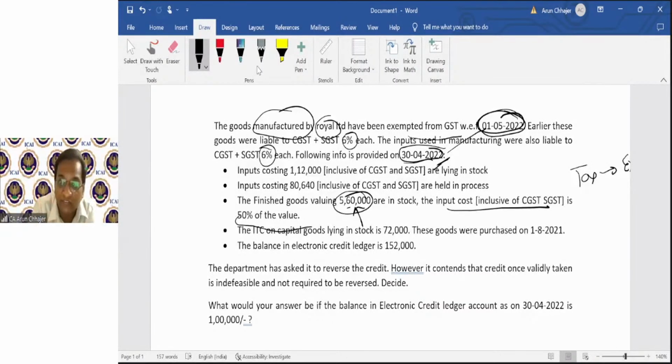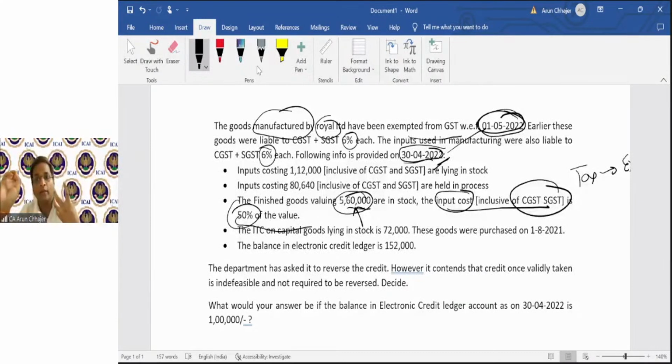So the ITC would be on input, or there may be some other transaction. So for this 560, they are saying the input cost is 50%, on which there is a GST. बिकॉज मैं परचेज तो रॉ मटेरियल करूंगा ना, बाकी तो प्रोसेस में कन्वर्ट होकर फिनिश गुड्स बन जाएगा। तो एंटायर 560 पर तो आईटीसी नहीं होगा। आईटीसी किस पर होगा? इसके रॉ मटेरियल पर होगा। तो इसका रॉ मटेरियल का कॉस्ट तो मैं बता दिया 50%। सो दिस इज द रिलेवेंस। आई होप इट इज क्लियर।